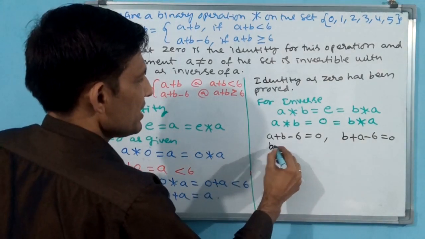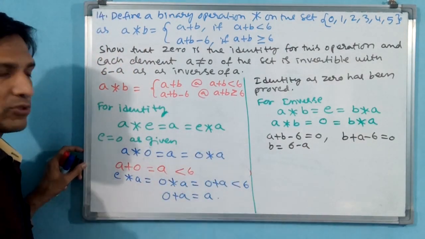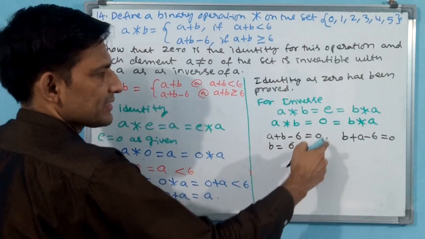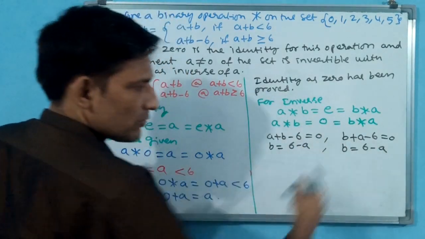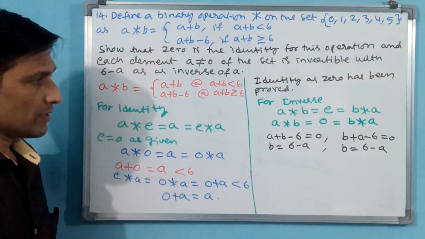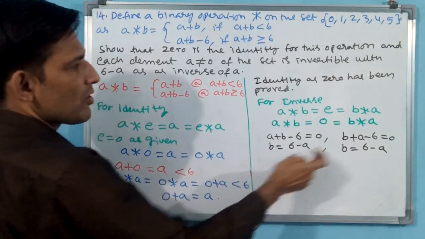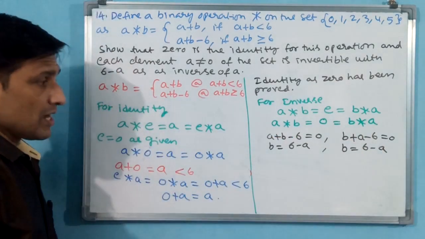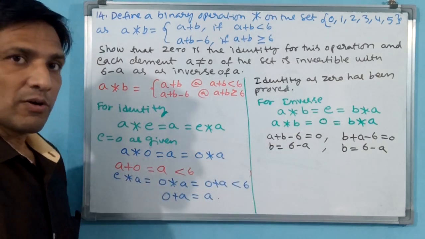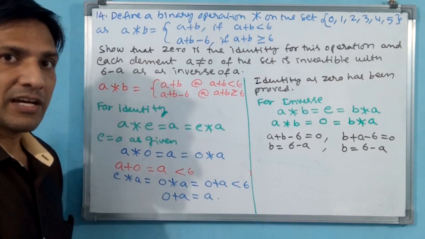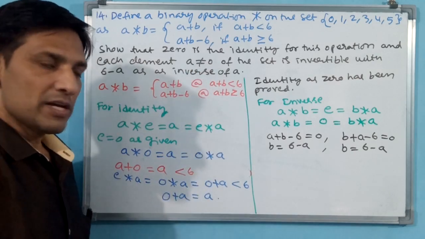Now you see B is equal to 6 minus A. Is it okay? Why? Because 6 that side will go and A that side will go minus. Again here also B is equal to 6 minus A. From how it has come, this is the statement only. A star B has been converted, B star A has been converted, that's all. Now we apply this and see whether it satisfies our condition or not. Why? Because for this, A should not be 0.